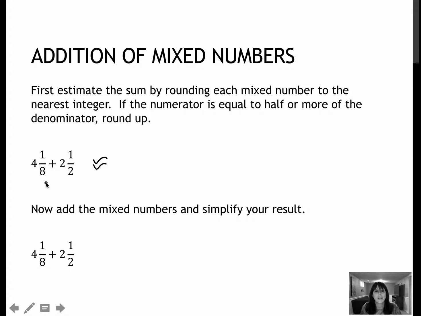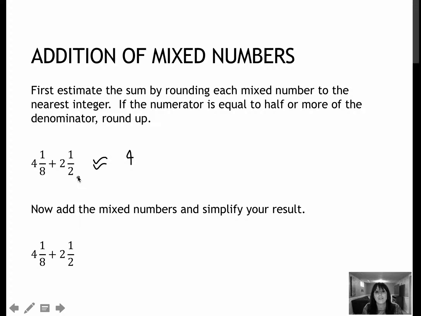So 4 and 1/8, how do we round mixed numbers? Well, just like we did with decimals, when we said if it was 5 or greater, we would round up. So 0.5 would be, of course, a half. So I'm looking at the 1/8. Since 1 is less than half of 8, then I'm going to round that one to 4